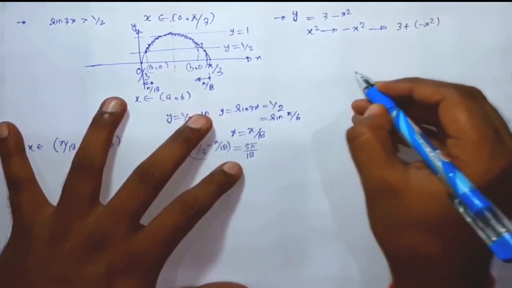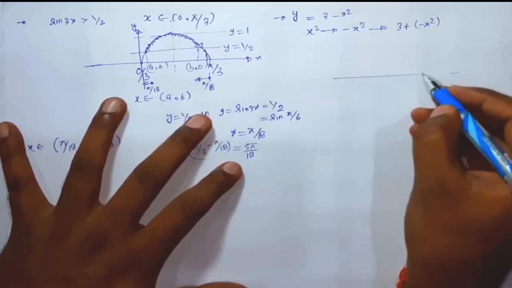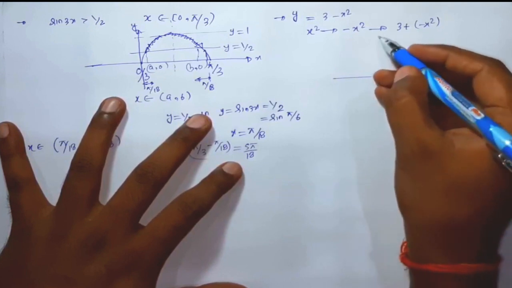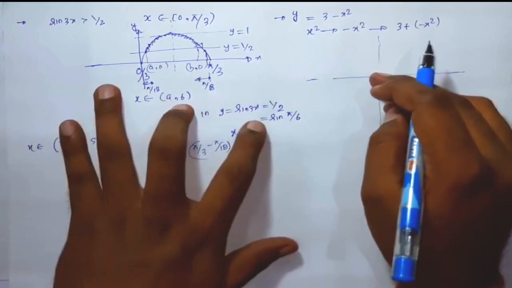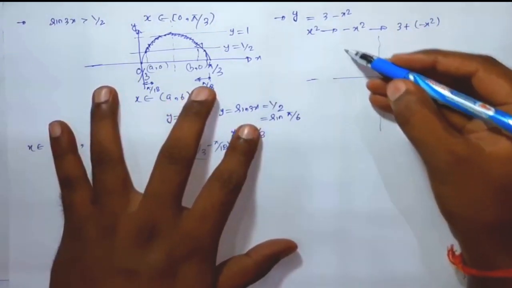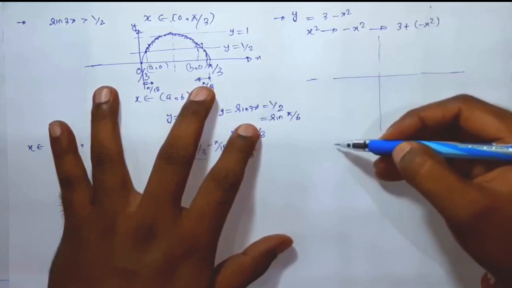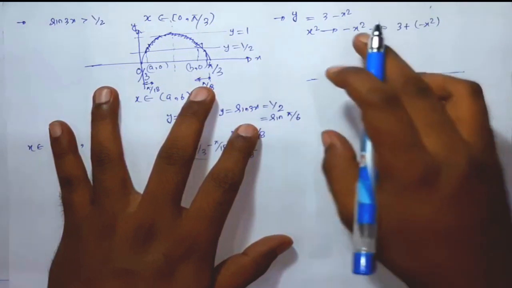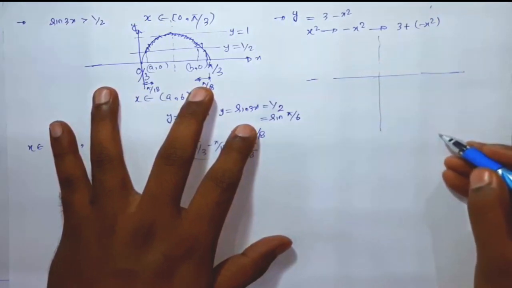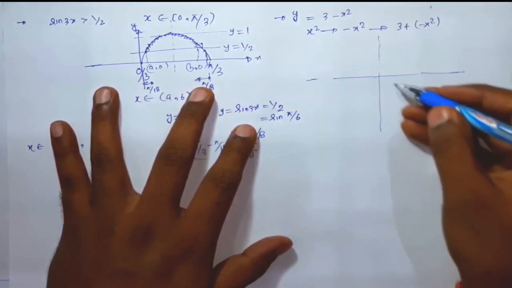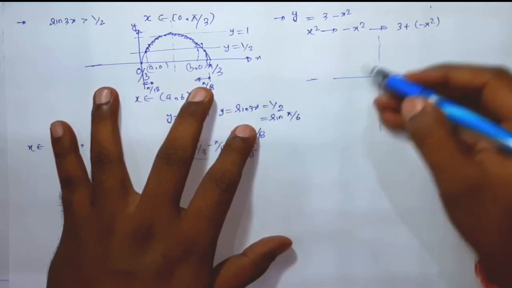I'm going to draw the graph like this. If we are assuming this is the origin, this is the Cartesian plane, then the graph of x square will be like this, but the graph of minus x square will be like the image in the x-axis, because we are replacing y with minus y, so this will be minus of x square. Okay, so after shifting this graph of minus x square by a distance of 3 in the positive y direction, the graph will become like this.